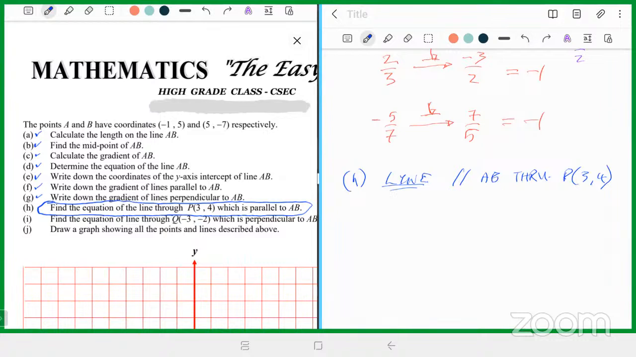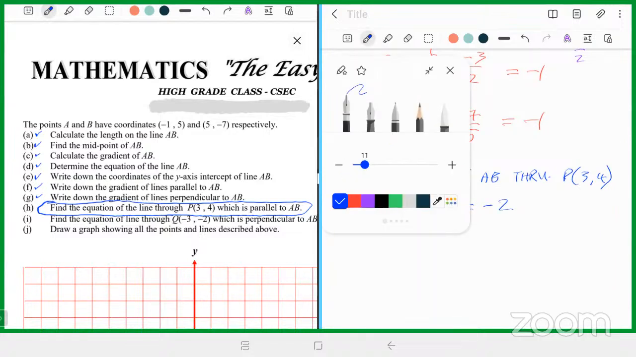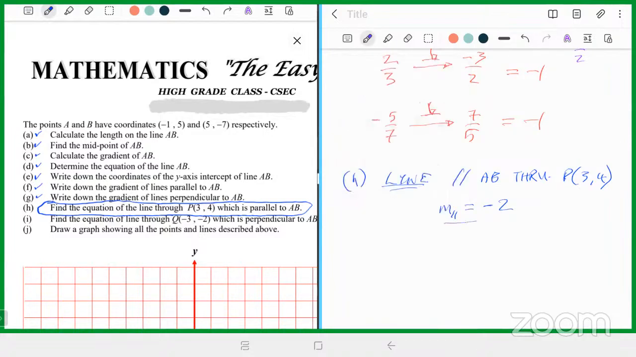So the line that we want will have the parallel gradient, which we worked out as being the same as the gradient of AB, which is -2. So we're using this gradient and this point to get the equation of that parallel line. We're using the parallel gradient and the point, and again the BFF equation. So the equation of that line